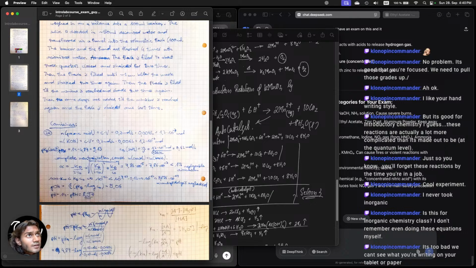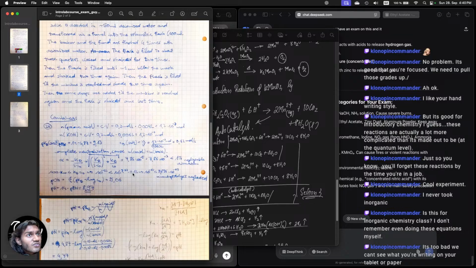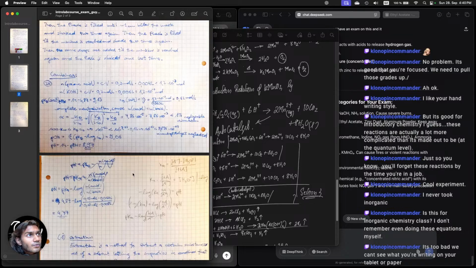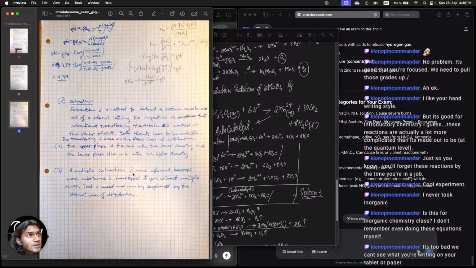Complete neutralization. Extraction is a method to extract a certain substance out of a solvent, leaving the impurities in that solvent, transferring the wanted substance into another solvent. Both solvents have to be immiscible. The transferring is